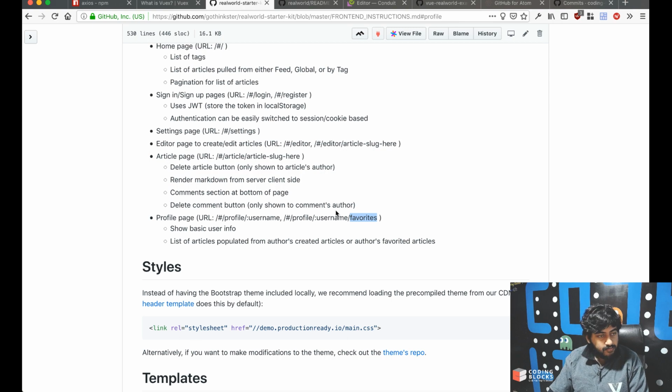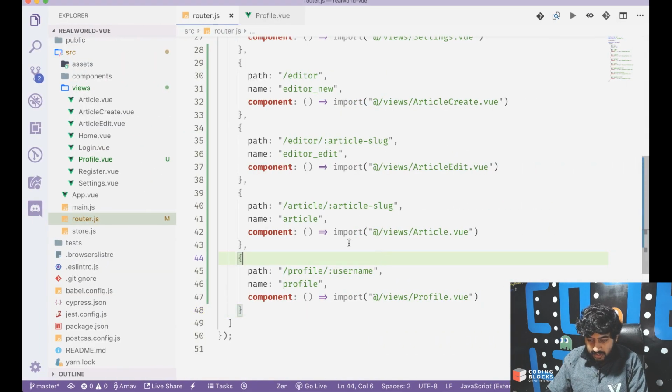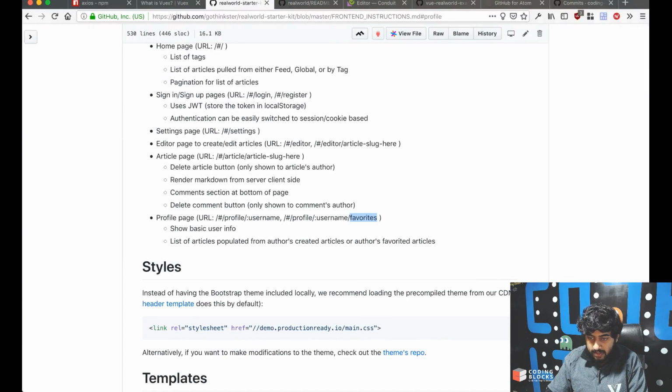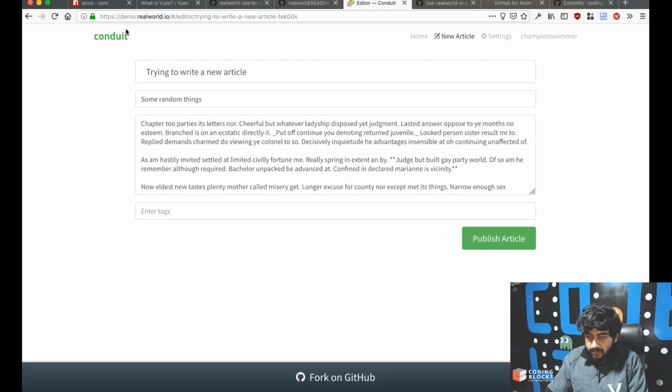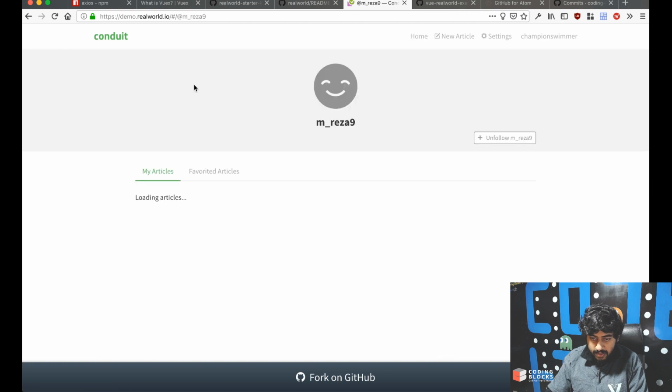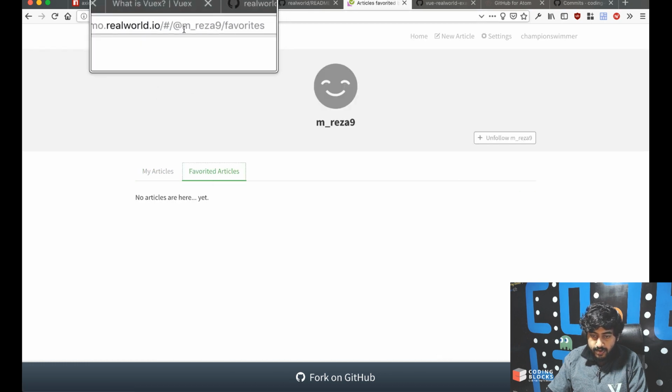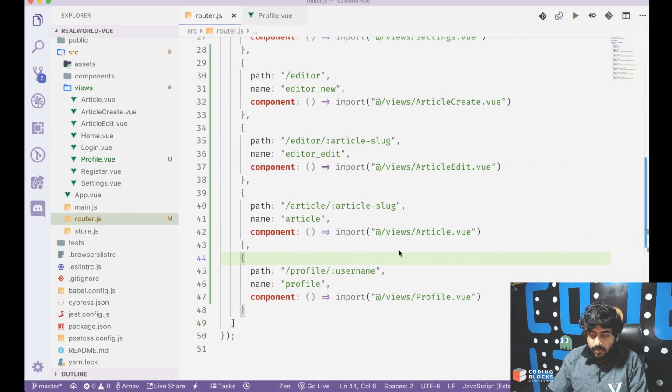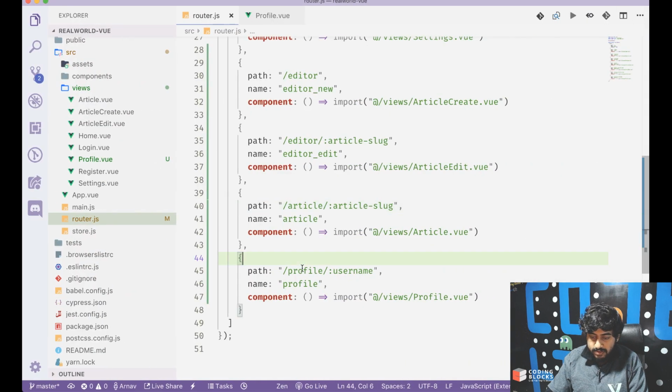So profile favorites, I think, where does that take us? We just take a look at the hosted one. So if I go to, I don't know, profile for somebody, okay, so profile slash favorites like that. Oh, and this profile is